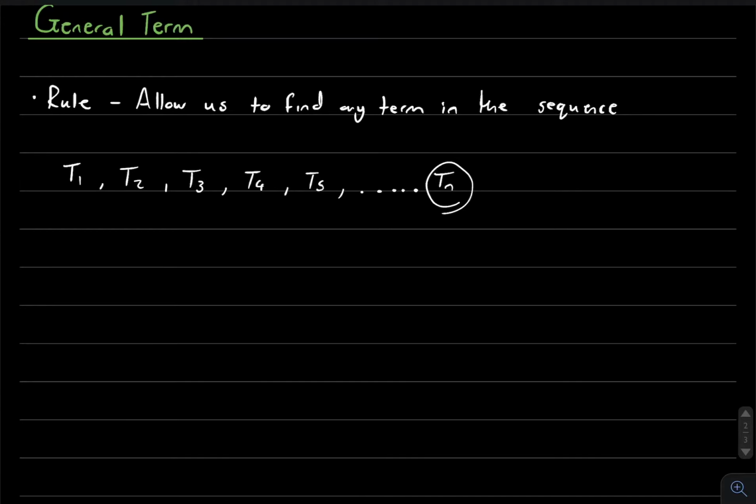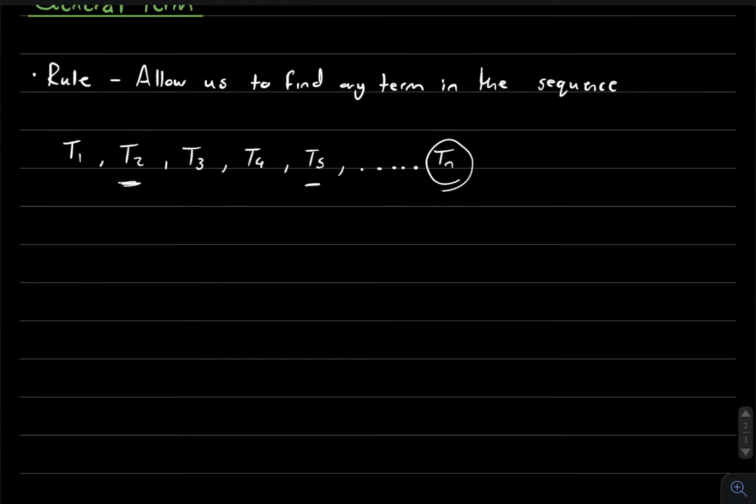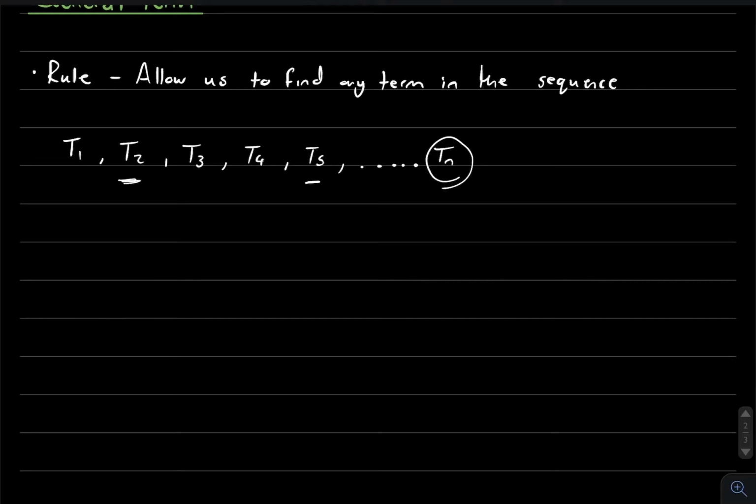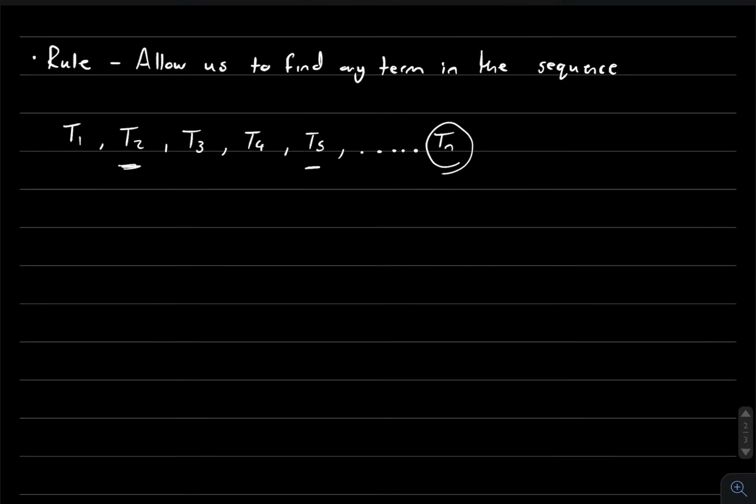We could have put Tn as the second one here, or we could have put it here or wherever. It's just any term in the sequence. So that's what it means when they say find an expression for the nth term. They just mean find a rule that allows us to find any term in the sequence. Okay? So in this case, looking at arithmetic sequences, for example, let's say that we had an arithmetic sequence